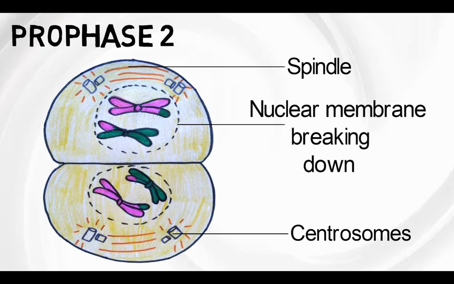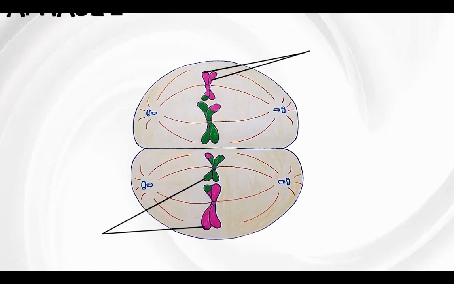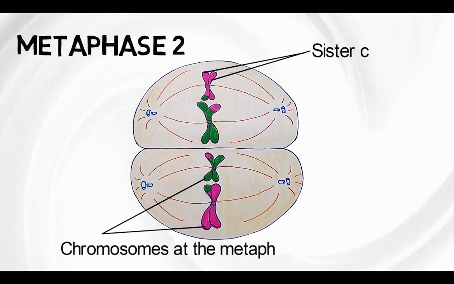Yes, chromosomes with sister chromatids attach to the spindle by kinetochore microtubules. Of course, they move towards the metaphase plate. Look, after prophase 2, chromosomes individually align along the metaphase plate. Yes, each chromosome already has sister chromatids and they attach to the opposite poles by kinetochore microtubules. I think now they are ready to divide.